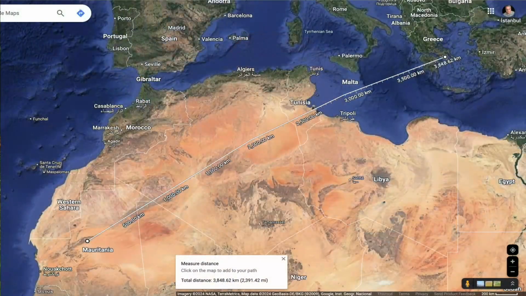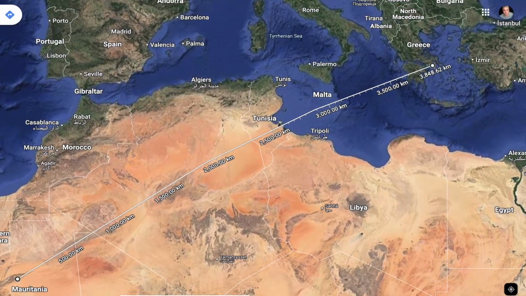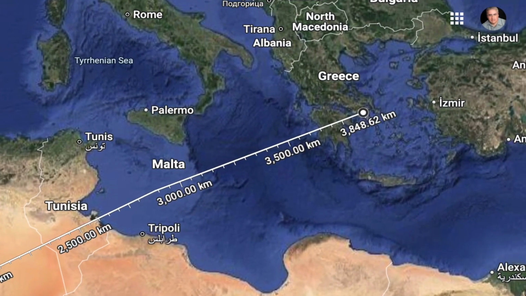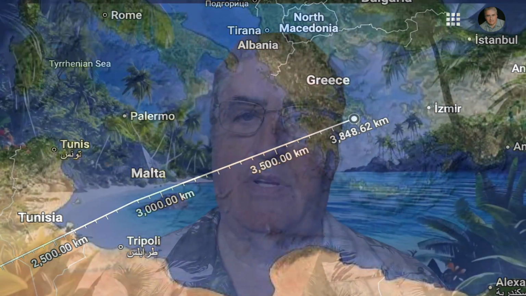The Richat structure in North Africa and the city of Athens in the northeastern Mediterranean are separated by just over 2,000 nautical miles. The likelihood we may infer from the narrative of a single event causing earthquakes and floods in two such widely separated geographic locations should incline us in favor of a seafloor impact over an airburst as the root cause of this widespread destruction, and to place a lower bound on the explosive yield at impact.